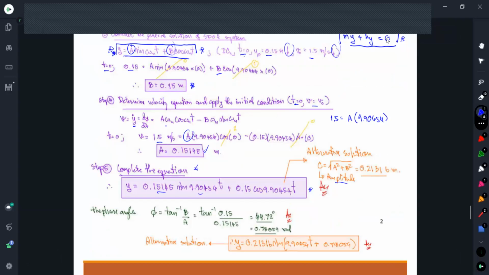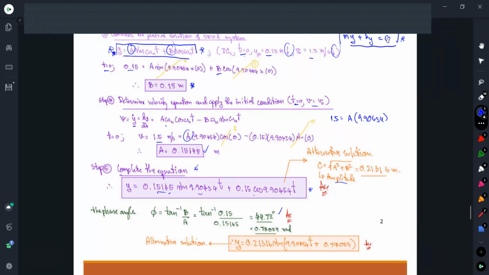For this case, we already know a and b, so this becomes 0.21316 meter. And the phase angle of this vibration, we can determine from the arctan of b over a. We got this equal to 44.72 degree,